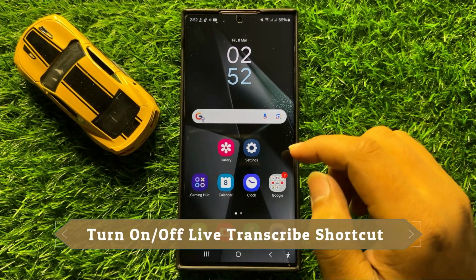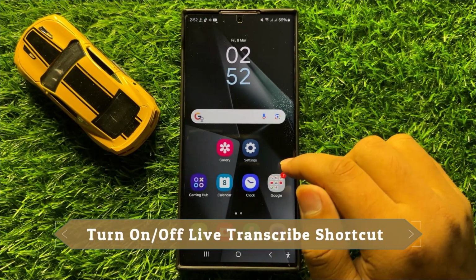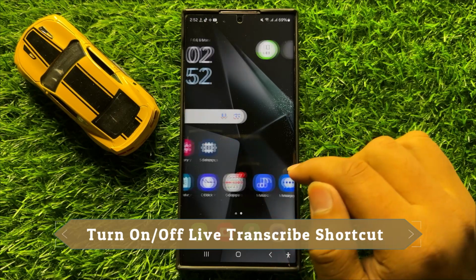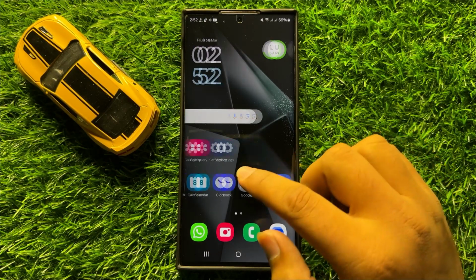Hello everyone, in this video I will show you how to turn on or turn off live transcribe shortcut in